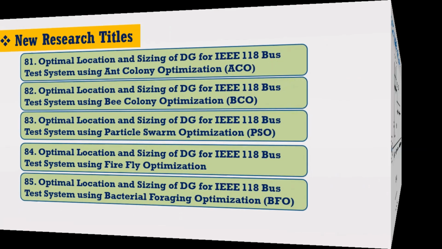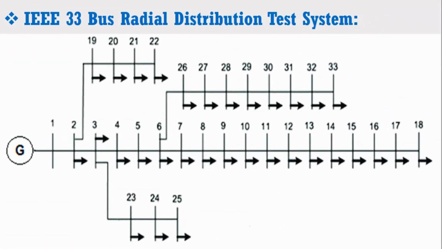Now suppose we want to enhance the voltage level of the power system, or we want to reduce the reactive power losses. Then what methods can we use to solve this issue? Normally capacitor banks are used to boost up the voltage level. Now again question may arise that where this capacitor bank should be located and what size of the capacitor bank should be selected in order to boost up the voltage level or minimize the reactive power losses.